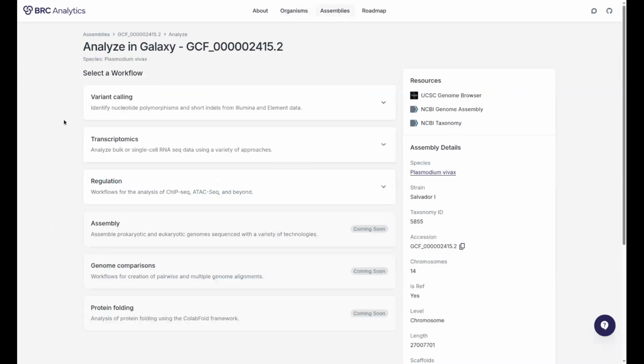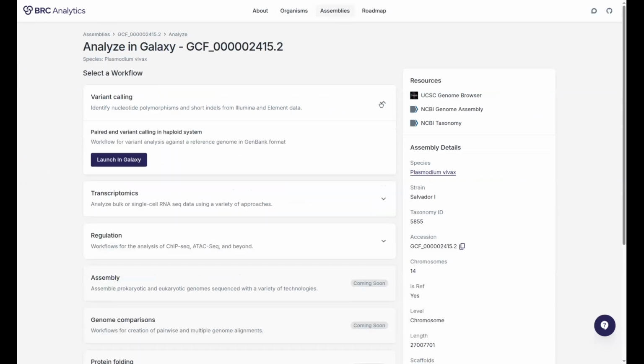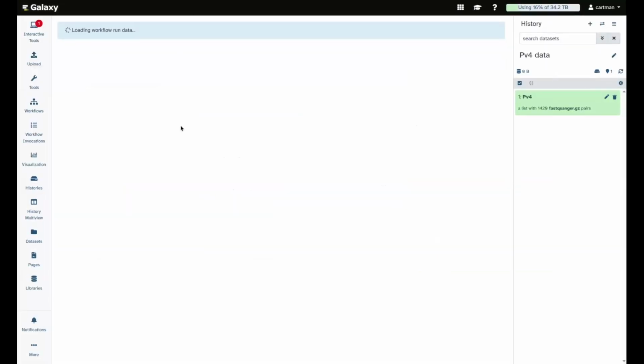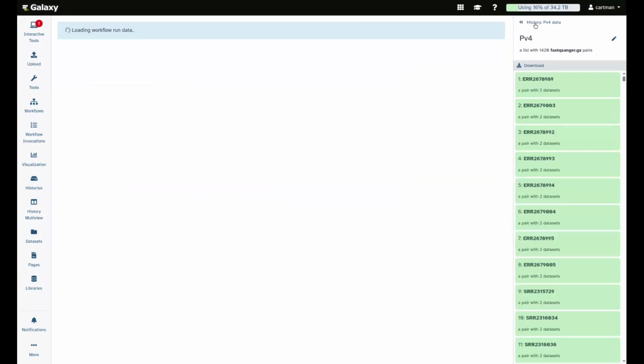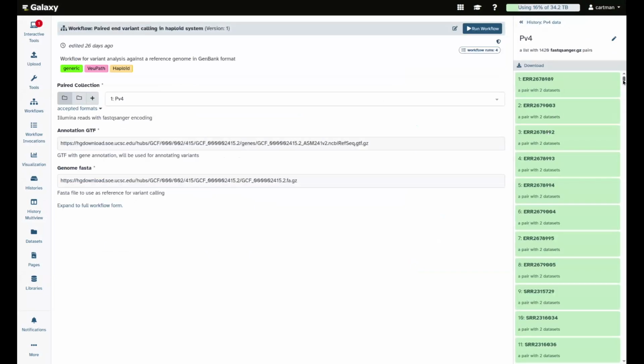Clicked on Analyze, selected a variant calling workflow. That's the mistake I made before. So this time I actually want the variant calling. Clicked Launch in Galaxy, and that gave me, so this will eventually load the workflow run interface. And you can see that I preloaded the Plasmodium vivax data. So it's a full set of